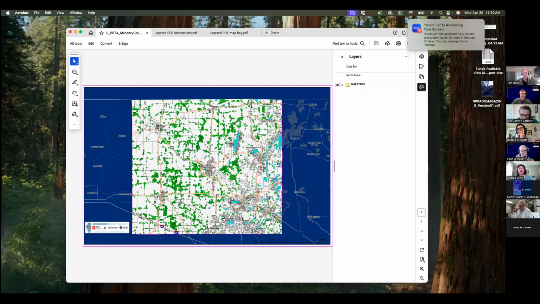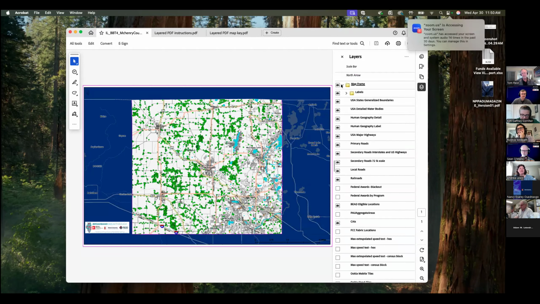So you'll just click on this as a reminder and open the caret where it says map frame. And this is everything that we've included for you. So when Sean goes through his presentation next, all of the layers that he's talking about are included in this.